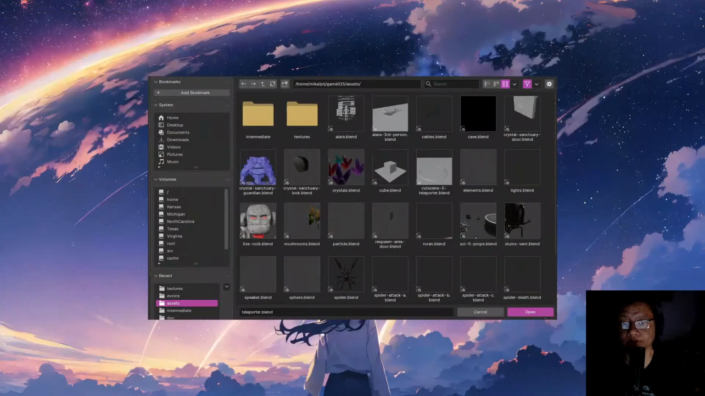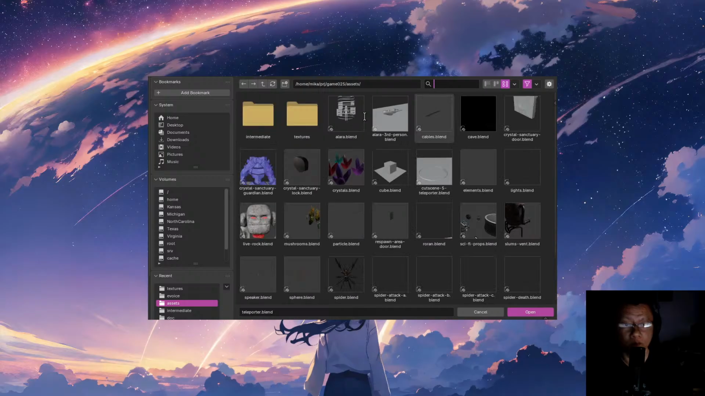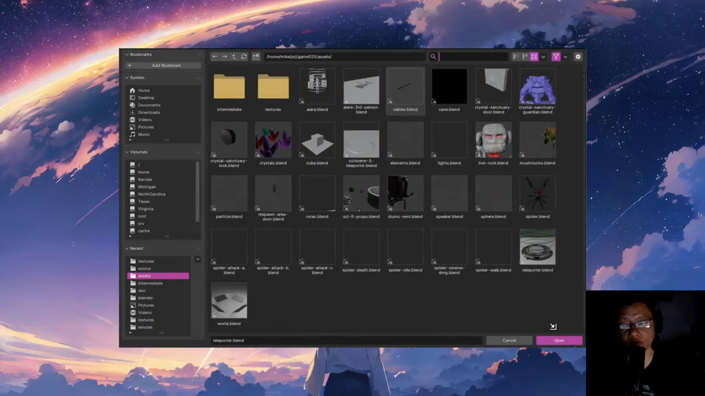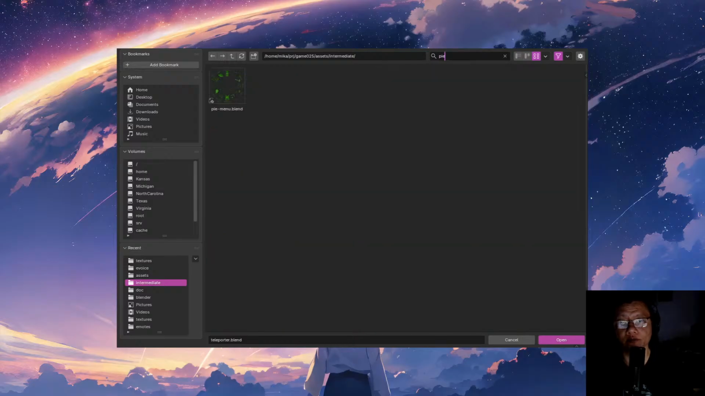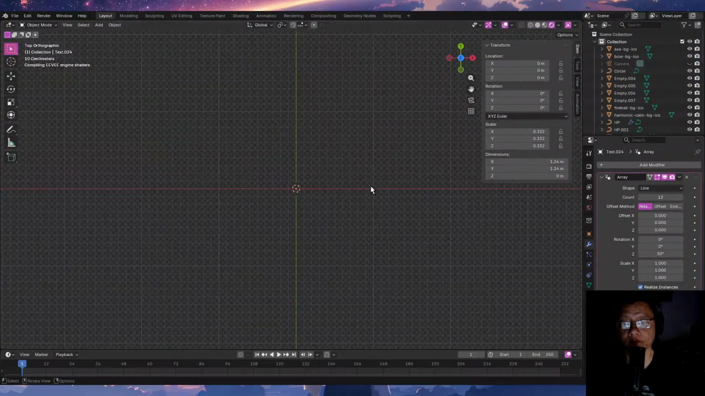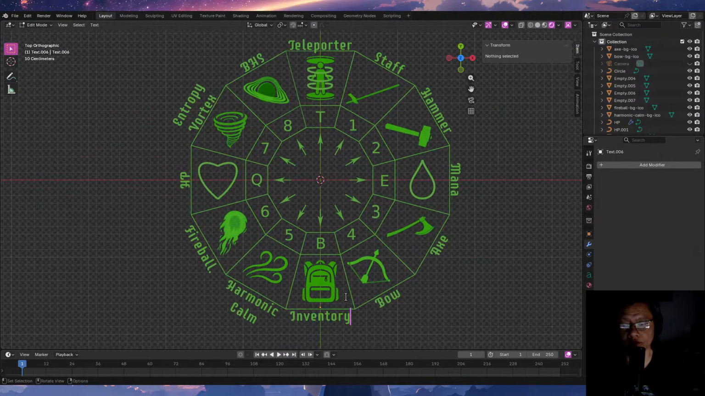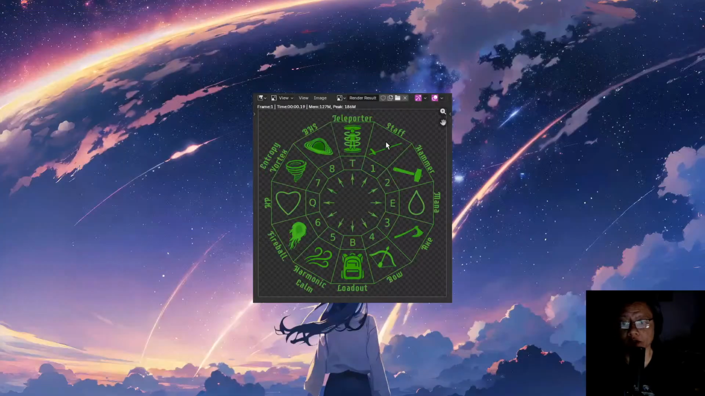So pie menu. Oh, there is no pie menu. I'm pretty sure I did it through. Oh, it's intermediate. Okay. So pie. Yeah, here we go. Pie menu. And this inventory loadout. Loadout. Okay. Now I'm going to render that image,